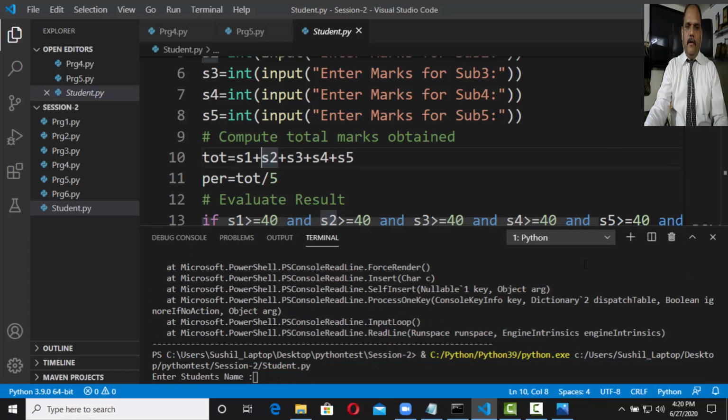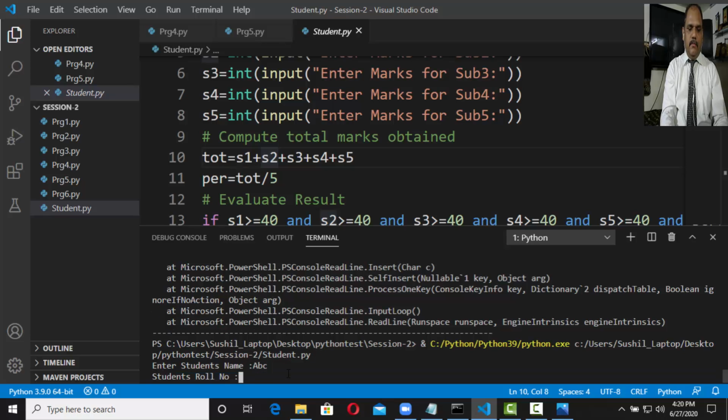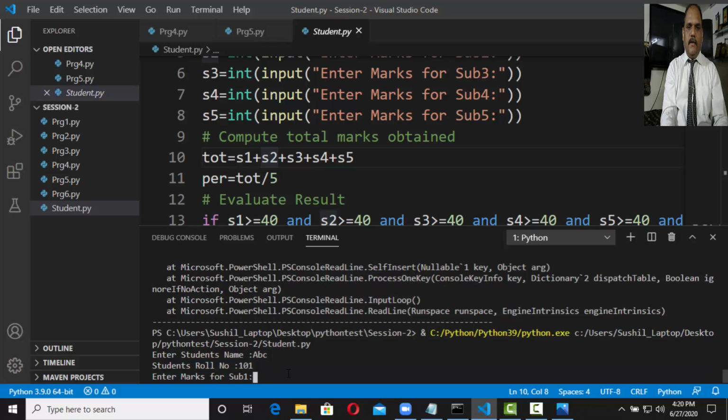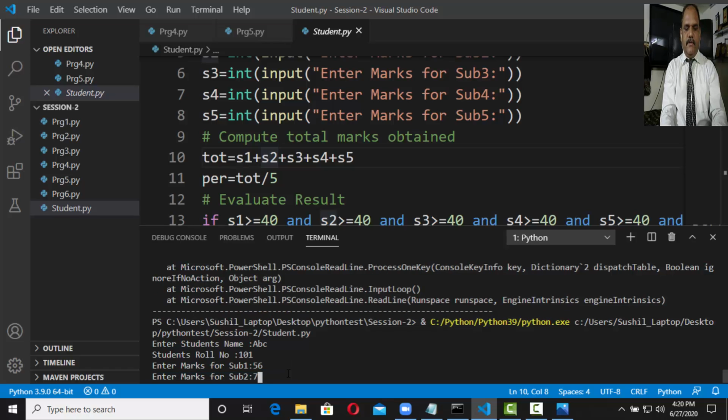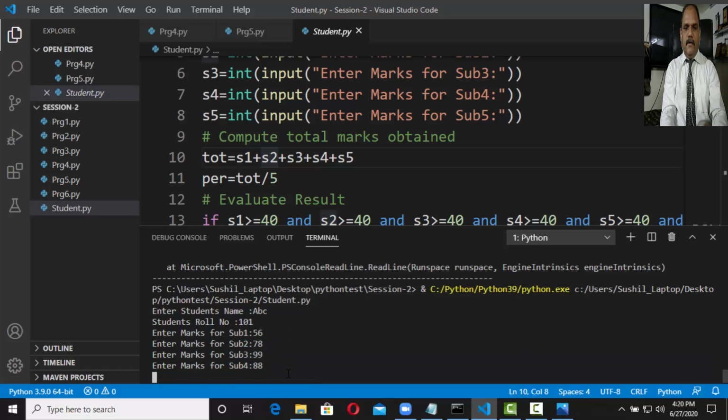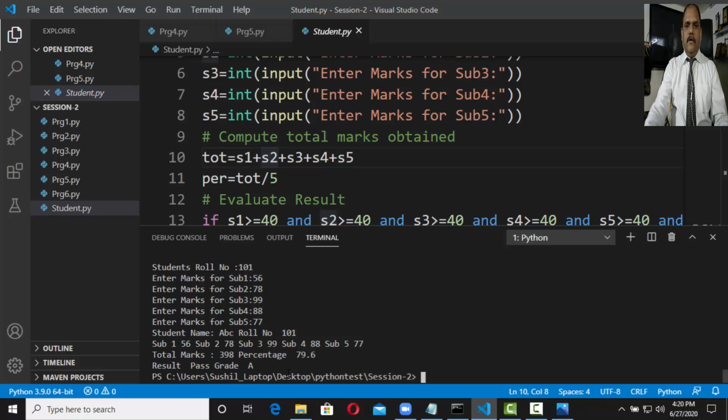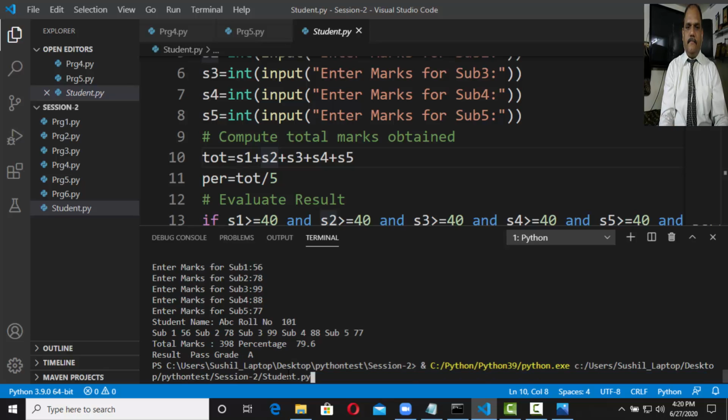Okay, enter name. Here you have to enter the name of the student, maybe ABC, the roll number is 100 or 101. The subject scores are like this: 56, 78, 90, 88. So here is grade A, and if you want to run the code again,